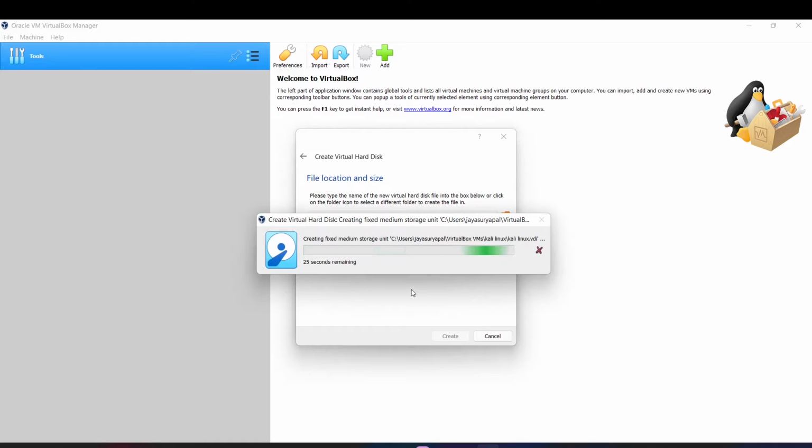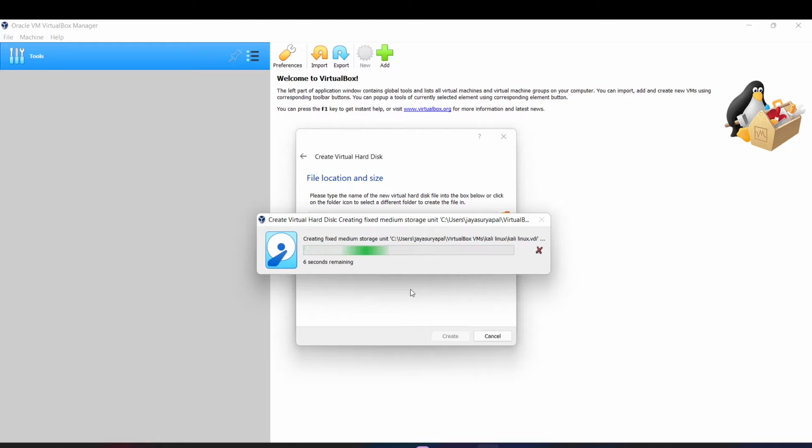When you click it, it will create the disk space, because you have fixed the storage. It is going to create a separate storage block among your integrated storage. If you have 1 terabyte, I mean 1024 GB, it is going to extract 30 GB from it and allocate a fixed, separate storage block for it.